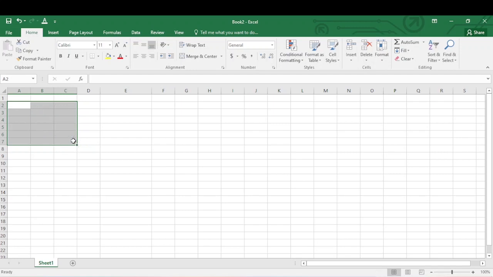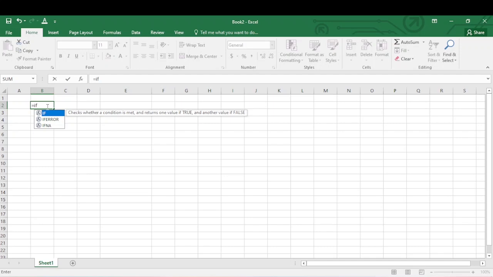IF function. Okay, let's take it as a transaction. As a transaction, let's say a successful transaction and a declined transaction. Let's look at the situation whereby if you withdraw 50,000 naira a day, it's okay. But anything above 50,000 naira, you have exceeded your transaction limit. So let's say it. So now I can create my function. So I say equal to